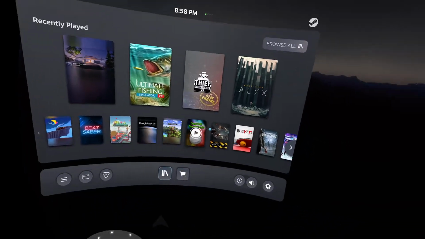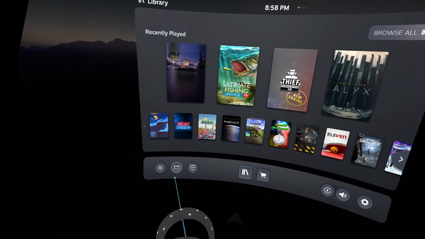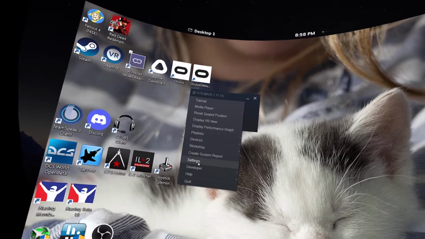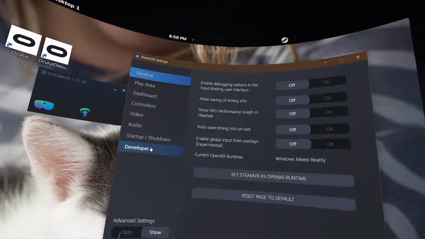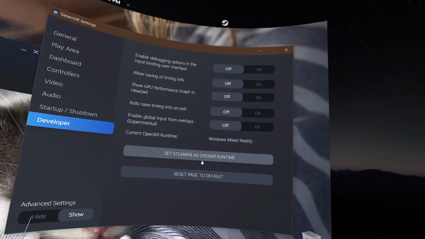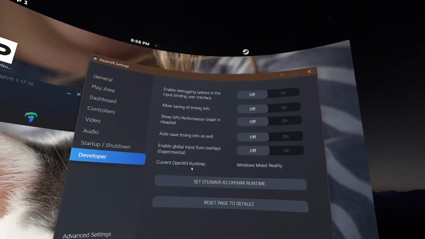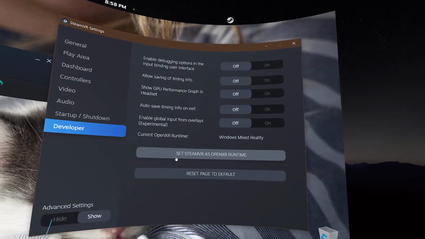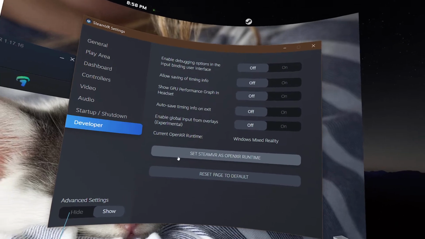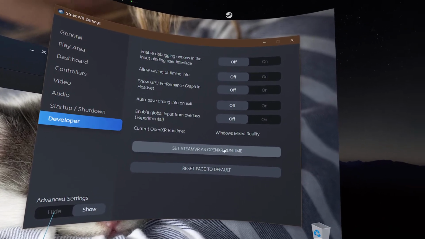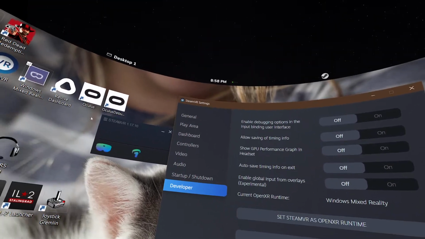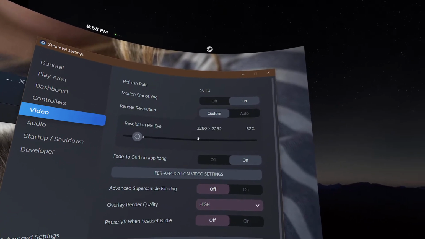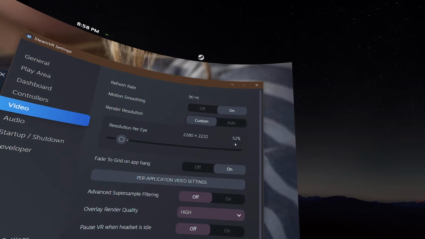After restarting SteamVR, I'm going to go ahead and check it. So I'm going to look at the desktop and go to the settings. And under developer, now it says Windows Mixed Reality is the runtime, and that's correct for the G2. To set it back for another headset such as Oculus, you can click here and set it, and then you'd have to restart SteamVR. You can see the video resolution that I'm using for the G2 is set to 52%